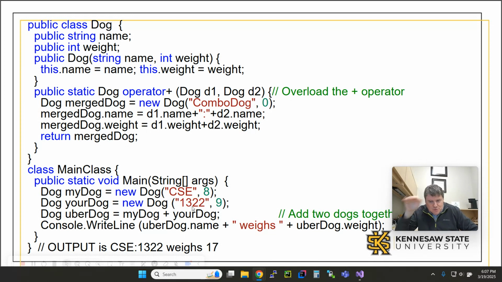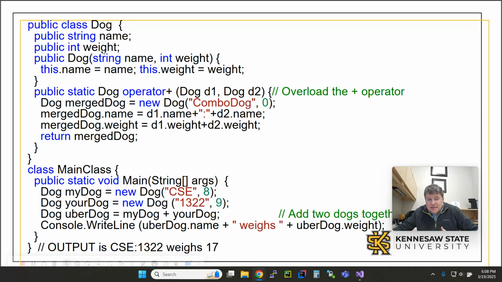Who's a good boy? 1322 is a good boy. And it has a weight of 9. So we have my dog and we have your dog. And for some strange reason, we would like to make the Uber dog, which is the combination of my dog and your dog. So we're going to pass that up to the dog class up here at the top,